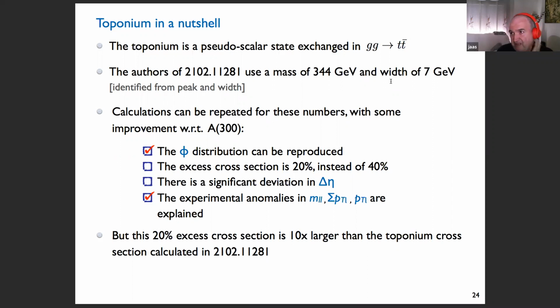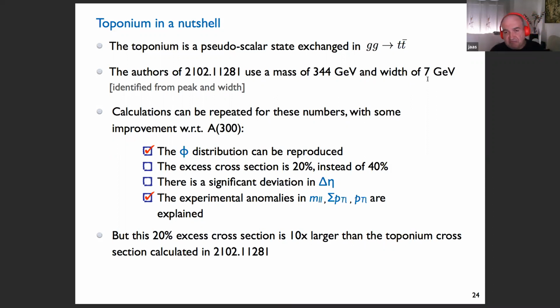So the authors of this toponium paper got a mass of 344 GeV for the toponium and a width of 7 GeV. This is what they get from looking at the profile of the cross-section. Then they extract this value for the mass and the width of this state. So let's say, well, let's try these values. Maybe I wasn't lucky trying 300 GeV, and maybe it's